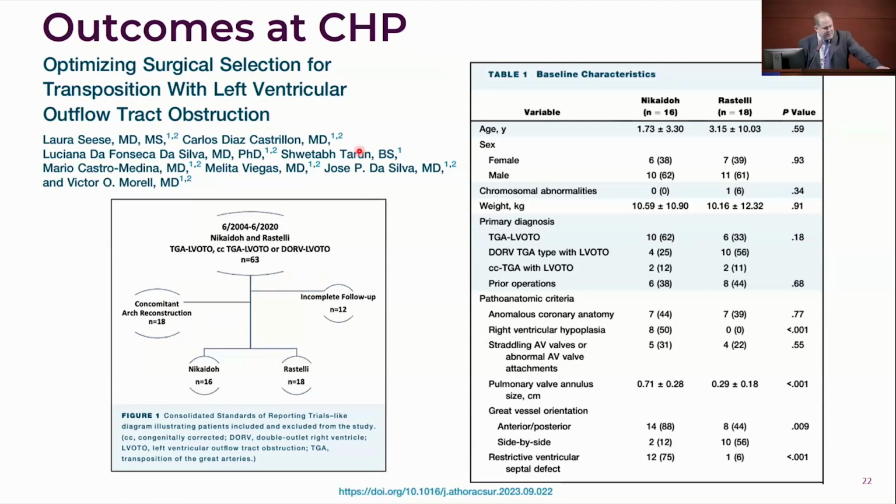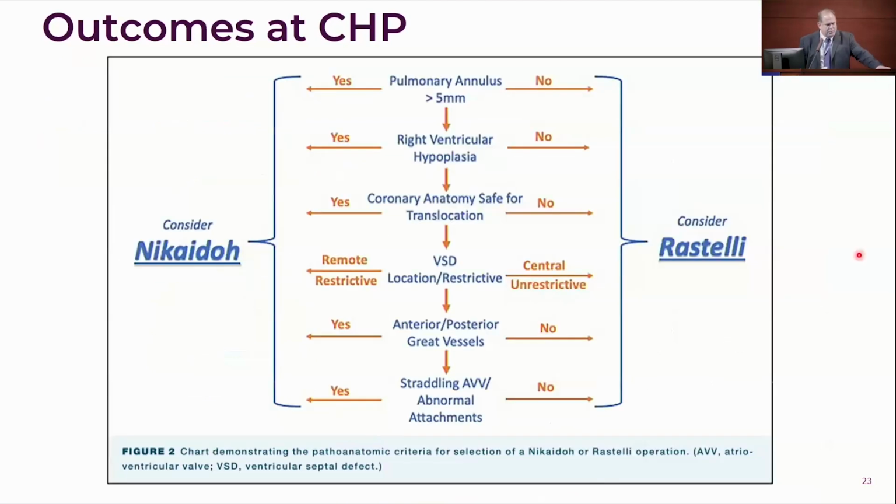She reviewed the data from 2004 to 2020, totaling 63 patients. Some of them had incomplete follow-up, so we excluded them. She also excluded one aortic arch reconstruction, and we have 16 patients in the Cairo group and 18 patients in the Rastelli group, and you can see here the anatomy and the difference. And the conclusion we got is,